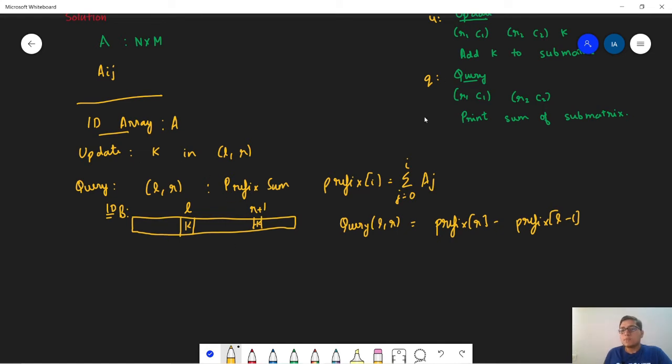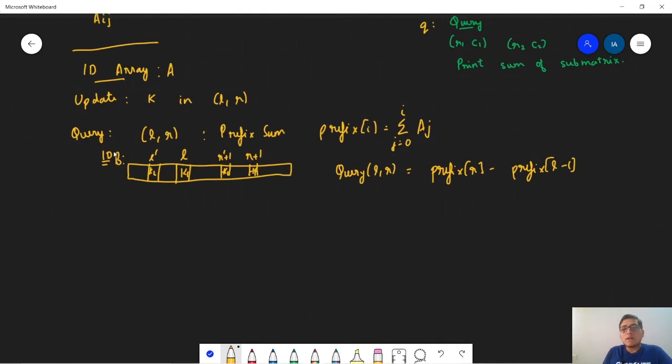And in this problem we are given that all the updates are performed before all the queries. Hence we can create this array B and perform all the updates on the array B. So let's say we add k1 at L and we subtract k1 from R plus 1. Then in the next update, let's say we add k2 somewhere over here and we subtract k2 from R dash plus 1, and we perform the updates so on.